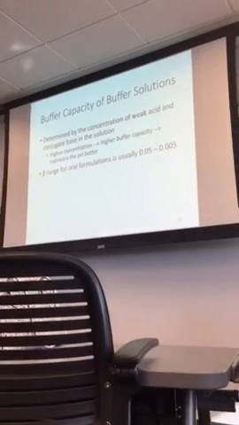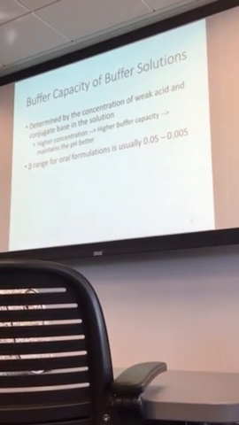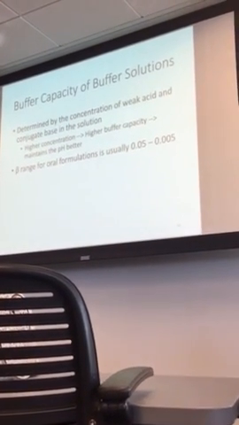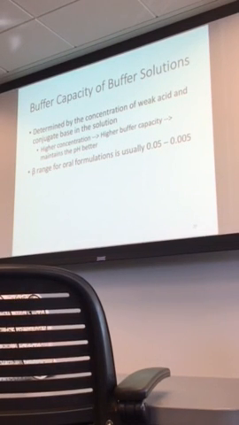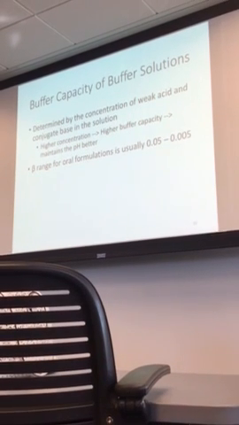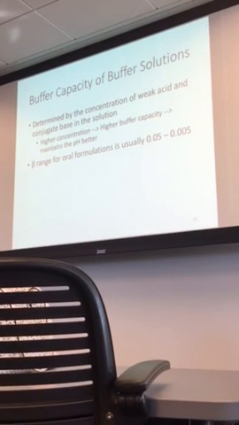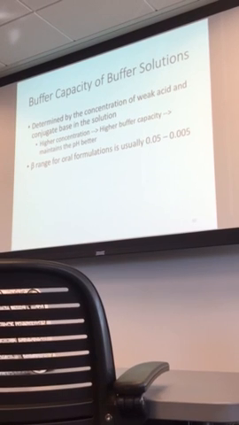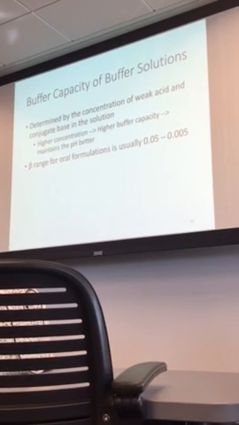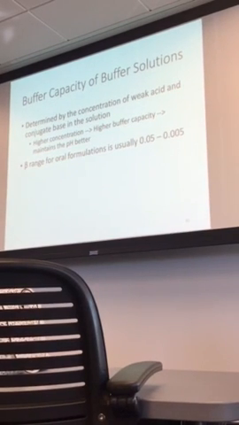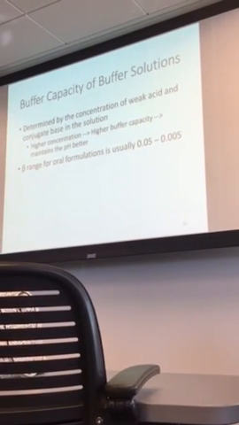And then the buffer capacity of the solution, remember, is determined by your concentration of the weak acid and conjugate base in the solution. So looking at the total concentration of the two, when you have a higher concentration, that means you have a stronger buffer capacity. And that just means it maintains a more narrow pH range. So higher number means more narrow pH range. And then the pH range for oral formulations is usually within this